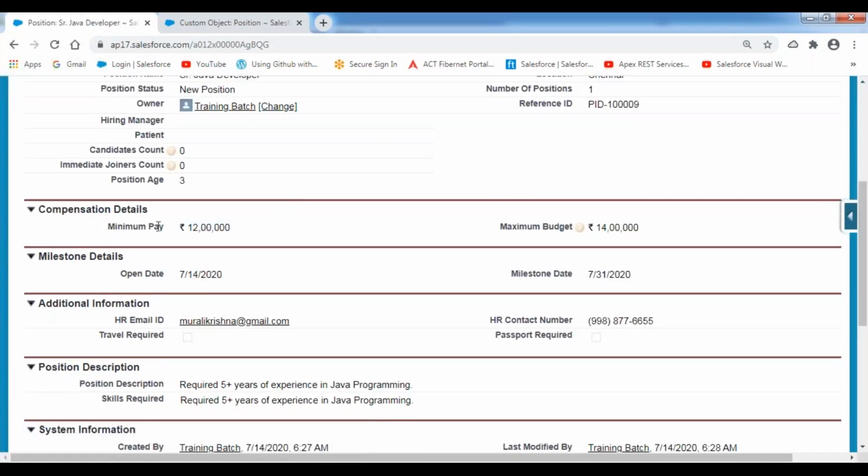The open date is 7/14, and now the position age is 3 days. Till now, 3 days are over. The 14th is the position's open date and today is the 17th, so as of now 3 days are over. This is how we create the position age.